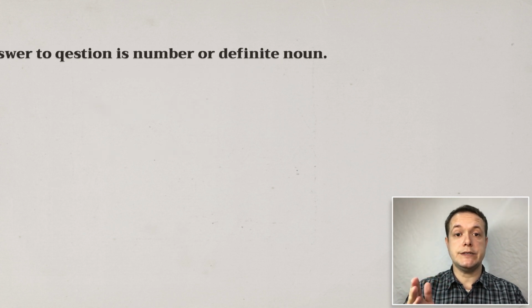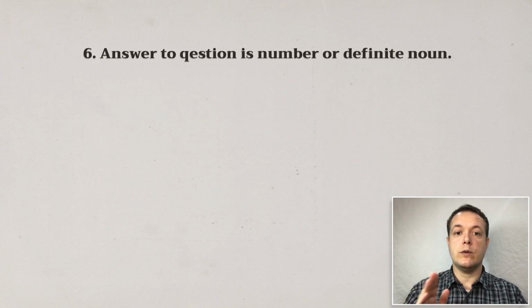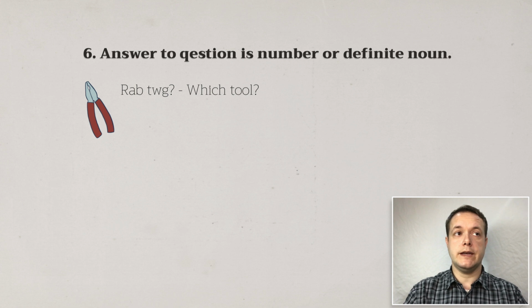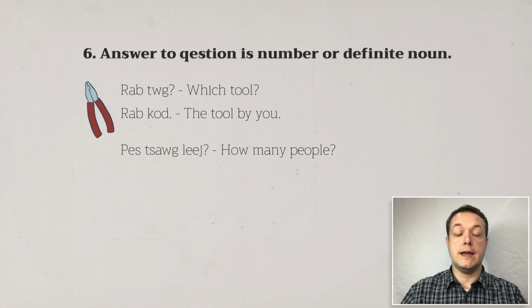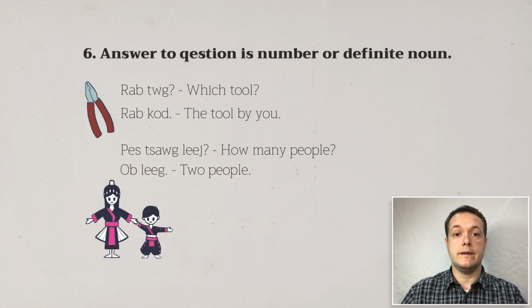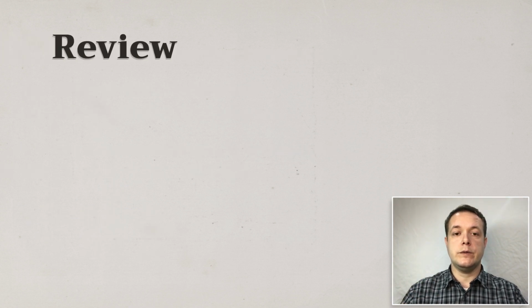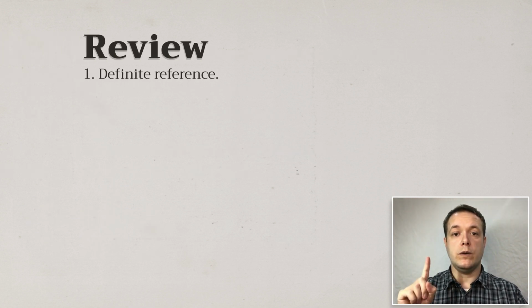Finally, when you ask a question where the answer is a number or a definite noun. So for example, da du, which tool? The answer is da go, the tool by you. Bei zhe ling, how many people? A ling, 2 people. So to review, we use noun classifiers when 1, you're using what is essentially the word "the"